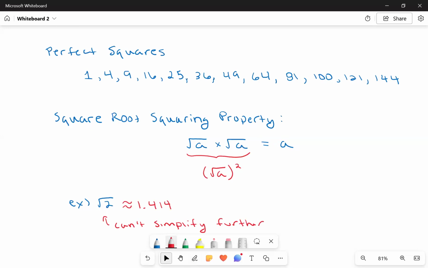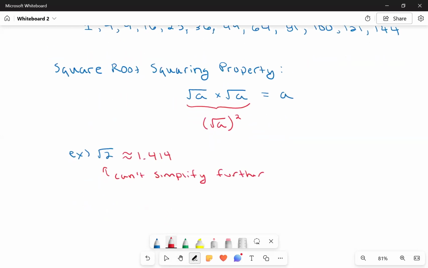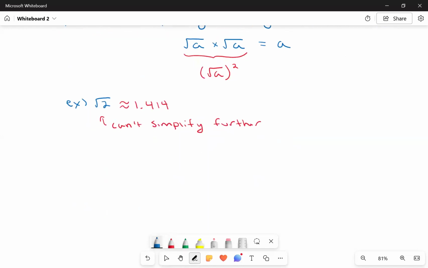But it is possible in some cases to do some simplifying, okay? For example, in here, I want you to leave a little space, or don't write it until I write what I'm going to put in the space here. I could actually simplify the square root of 20, okay? And the way I do that is I look for perfect squares. So this uses an idea